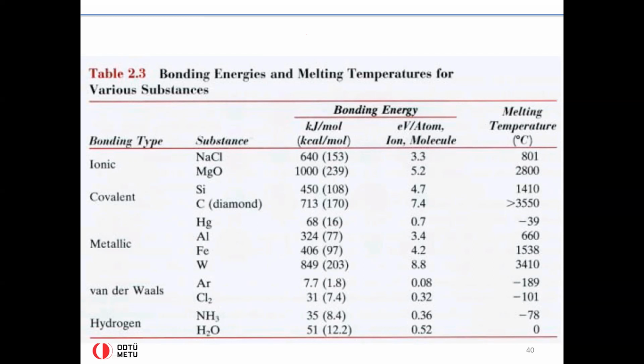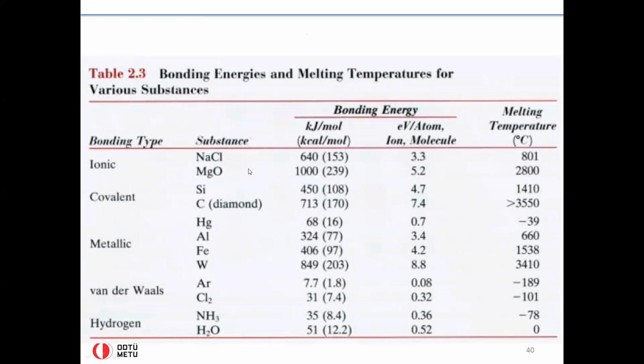This is significantly high. And when you look at the energy, ignore electron volts per atom, etc., but focus more on this. Using joules as an energy unit, per mole of the substance,